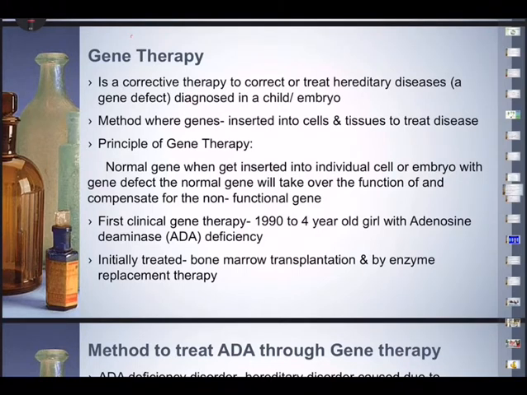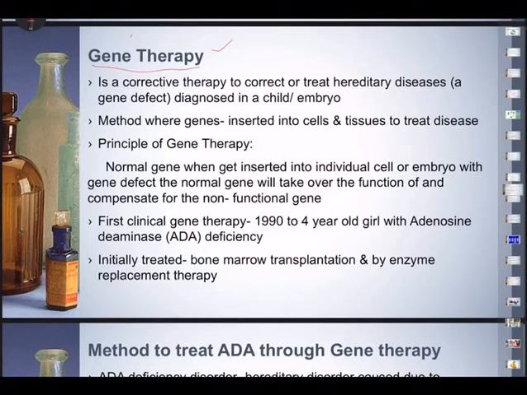The first clinical gene therapy was done in 1990 in a 4-year-old girl who had ADA deficiency, adenosine deaminase deficiency. Initially it was treated through bone marrow transplantation and by giving certain enzyme injections, enzyme replacement therapy, but the results were not that good. Hence gene therapy was resorted to. So in gene therapy,